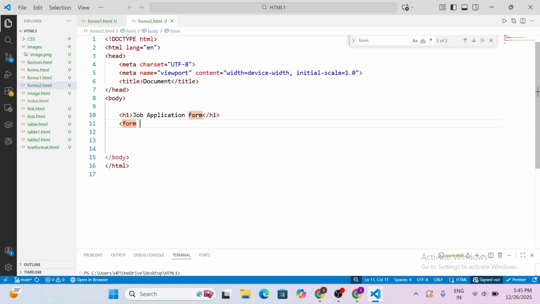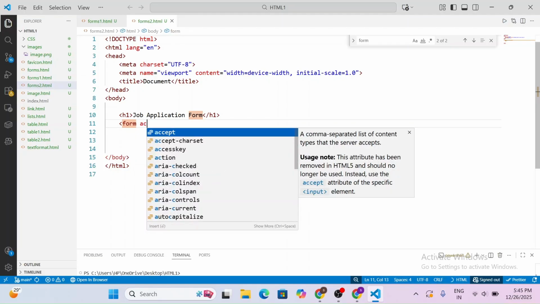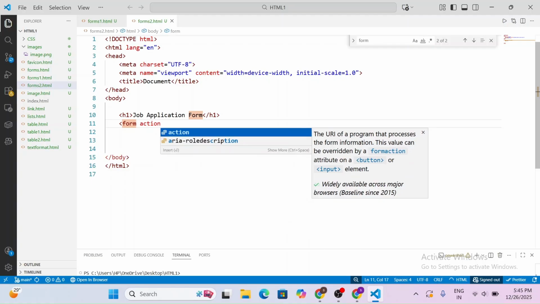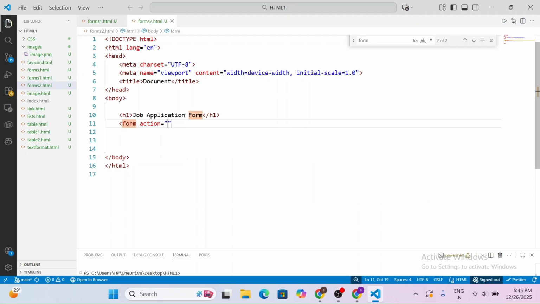Inside the form tag, we have three different attributes. The first important attribute is action. This is very important when you are sending the form details to the backend. There are mainly three. First one is action. Action is equal to submit